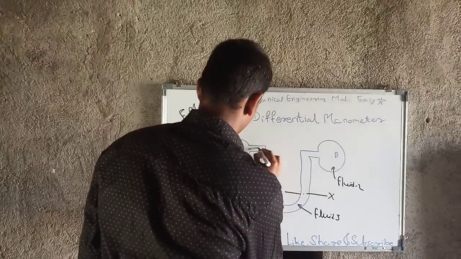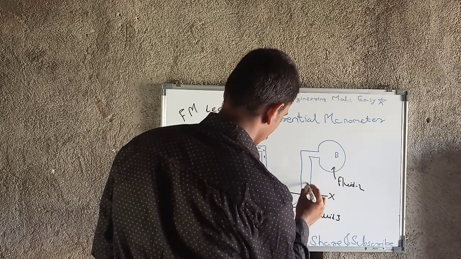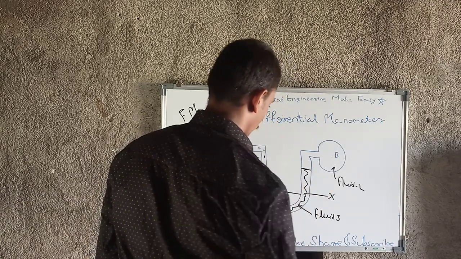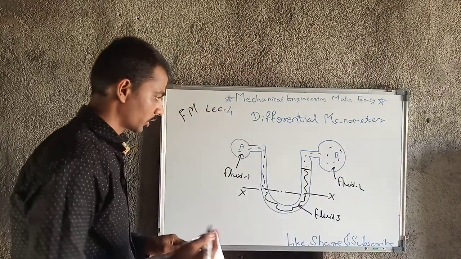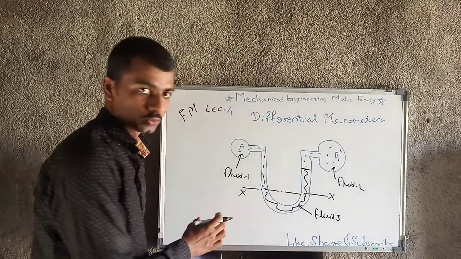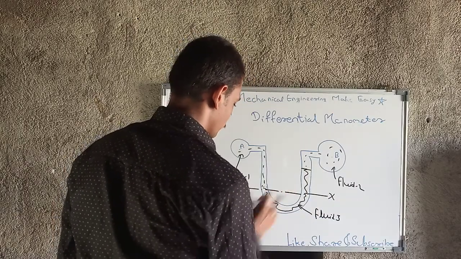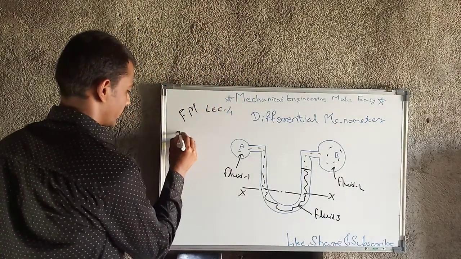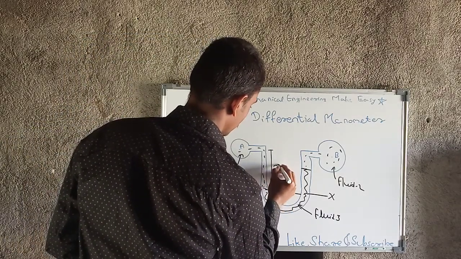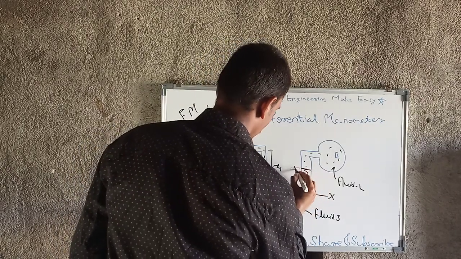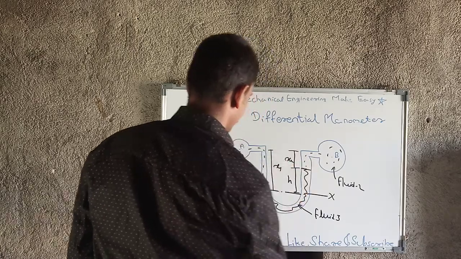So the fluid on the A side will come up to this point, and from that the fluid 3 will go to this side, and this is the fluid of B. Okay, so what will be the equation? The same case we have to refer to here also: at the XX section we have to consider the two arms of this U tube. So pressure of A plus this height x1, and this height h, and this height x2.